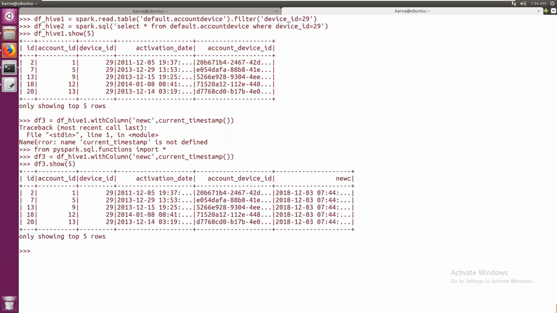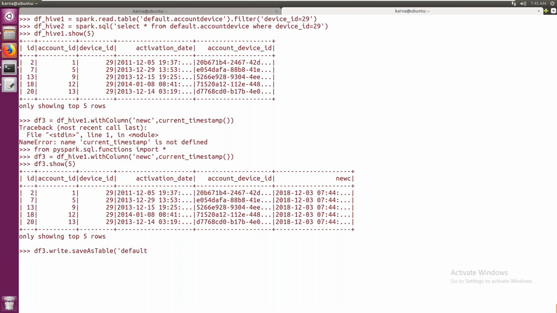Now I would like to save this data frame. df3 is just where we have added some column. Let's say this is the processed data. Now I would like to save this data frame to Hive. How do you do it? df3.write.saveAsTable, and you can give whatever table name you want.